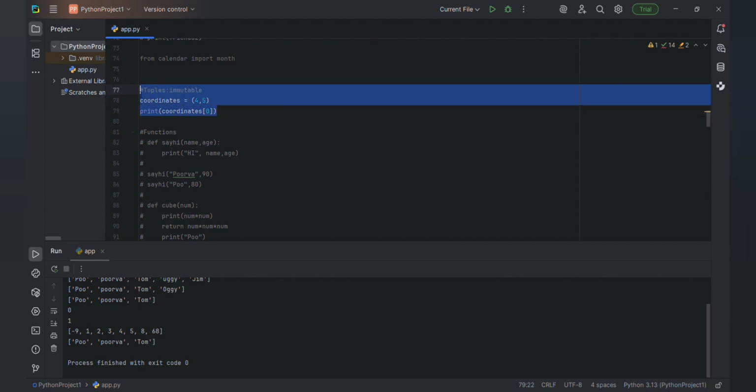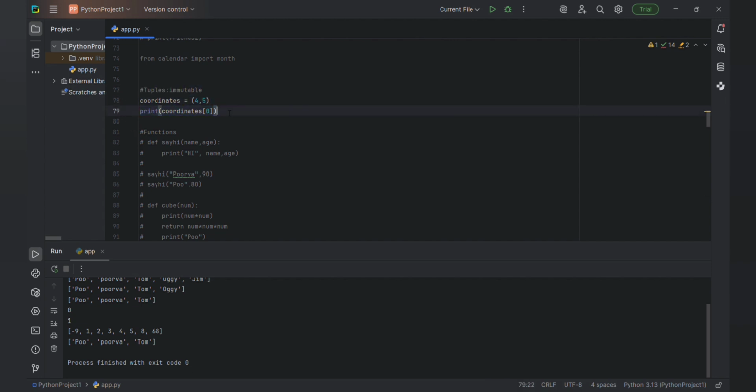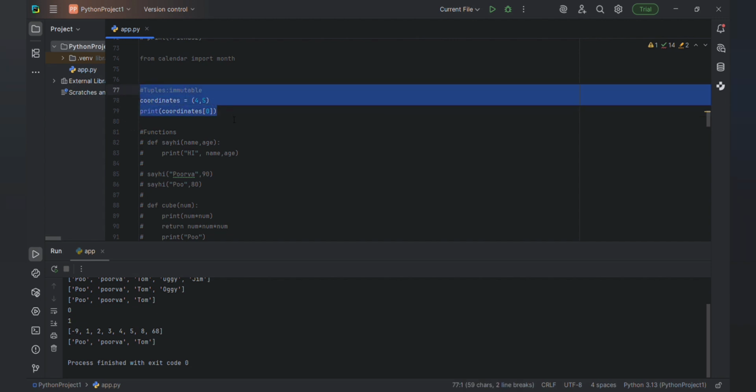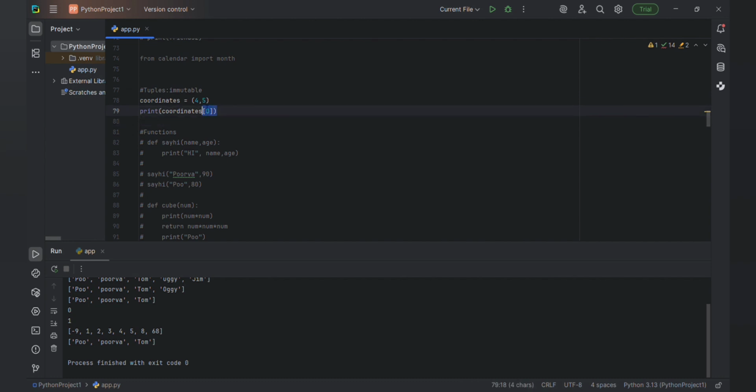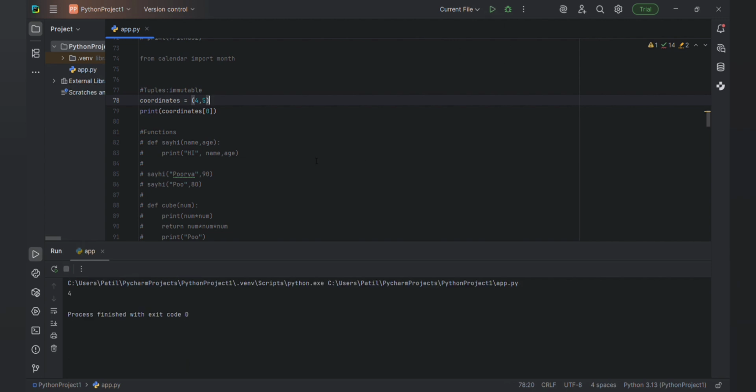So when you just want to print, or just want to know what is at which location, you use tuples. But if you want to perform any operations, you have to use a list. So the difference between tuple and list: lists are mutable, we can do operations, but tuples are immutable. This you have to tell. This is the main difference.